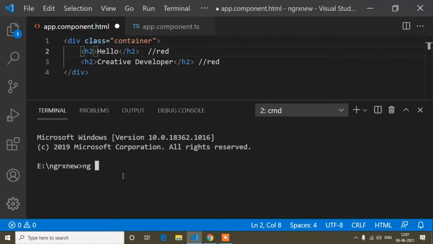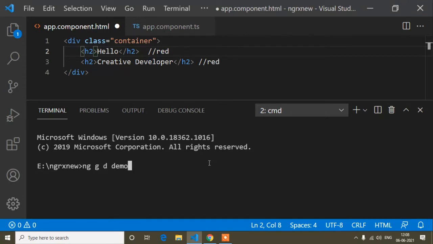The command is ng g d. D is for directive and g is the short form of generate. Here you can write the full form generate, and you can also write directive like this. But if you write only d, that denotes directive, so we don't need to write the full word directive. And now the directive name. I will write the directive name as demo, but you can write any name for this directive that you need. So I will write the directive name as demo, and now you just have to press enter.